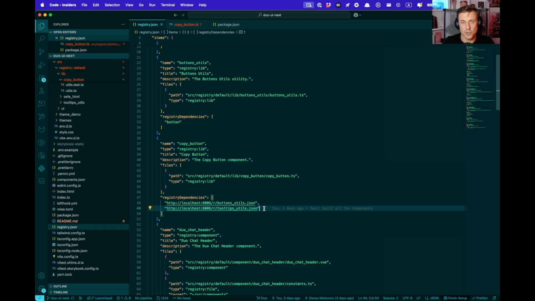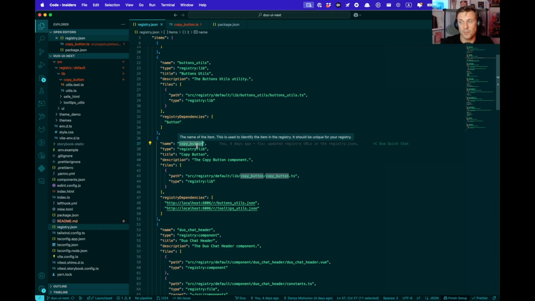And in order for those consumer projects to use one of these components, let's say copy button, what they will need to do is npx shadcn latest add copy button, but not just copy button,